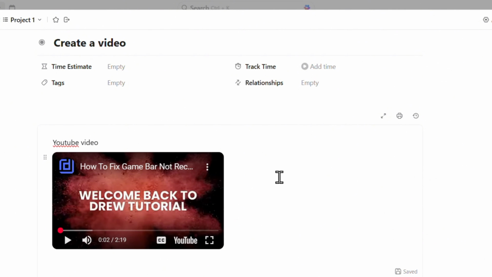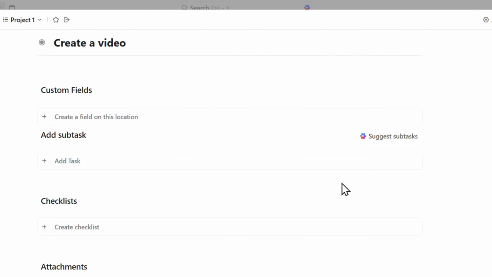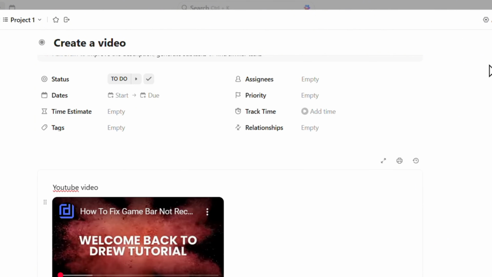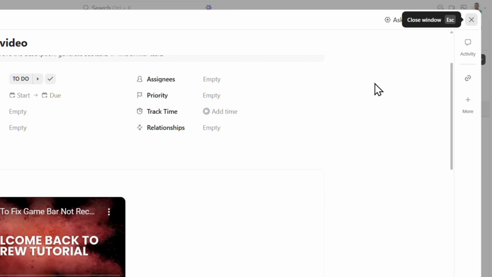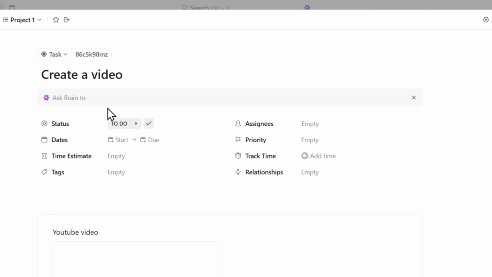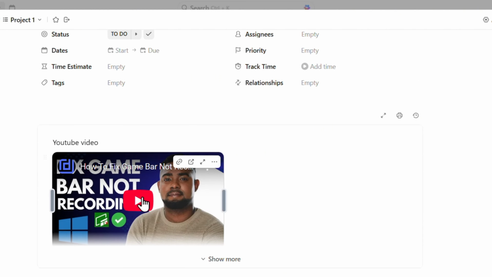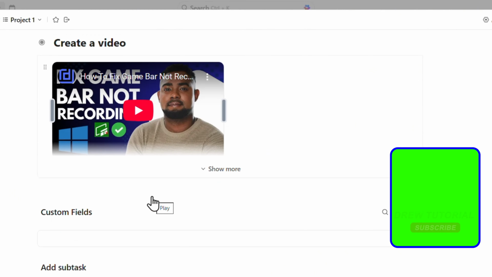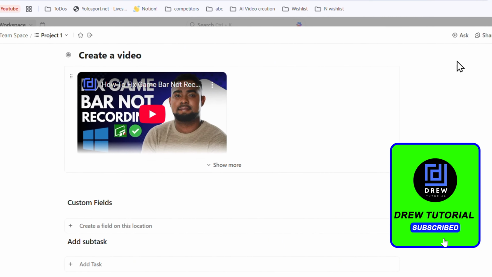And as you can see right there, I can even play it. So once you're done guys, you can just simply go ahead and click the X on the upper right hand side, and that is within the description of that task. So at any point in time you want to quickly check the task, you will be able to see that it contains that. And so that's how easy it is to add a YouTube video in your task on ClickUp